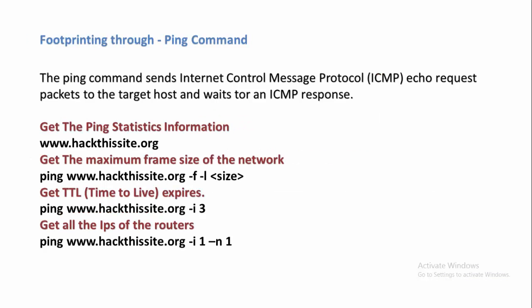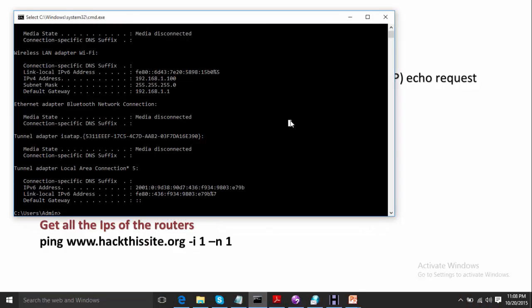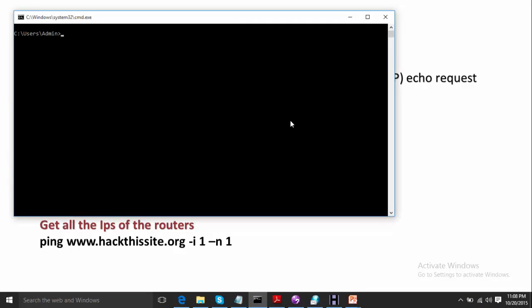So let's start with our basic utility, which is the ping command, and I will show you how ping is very helpful in your security testing. Let's say you want to see if a server is alive or not, so you normally ping it. So let's take